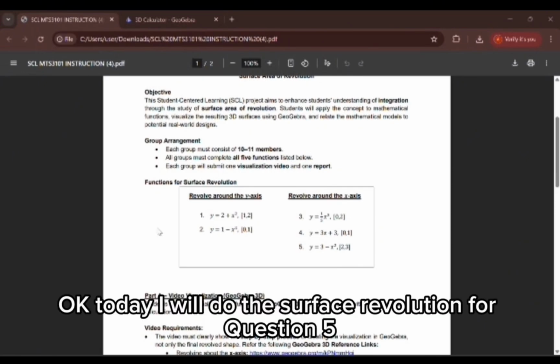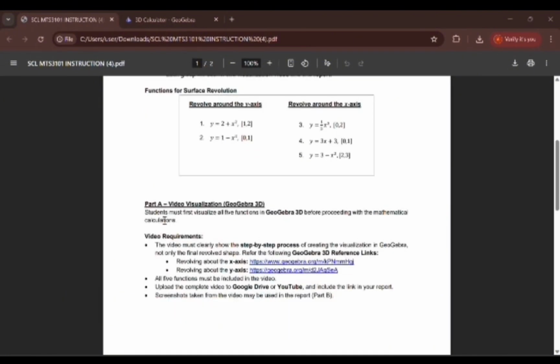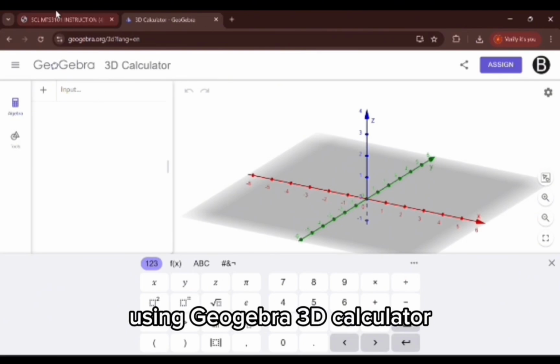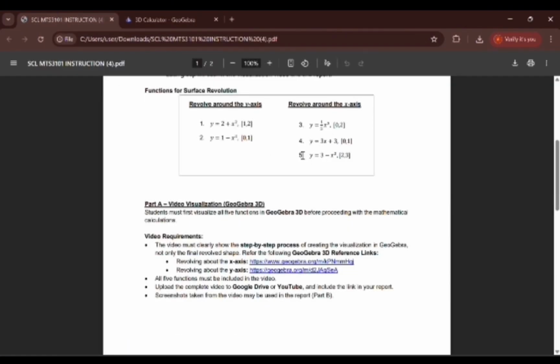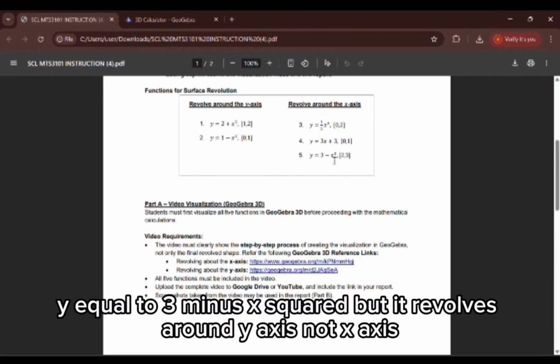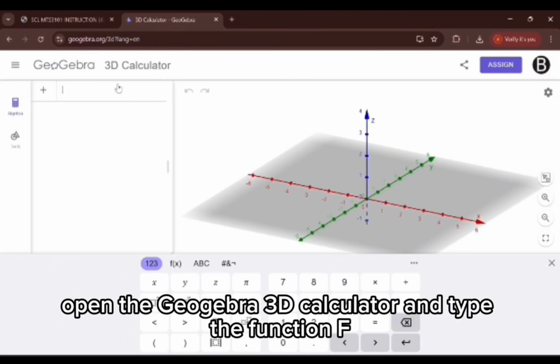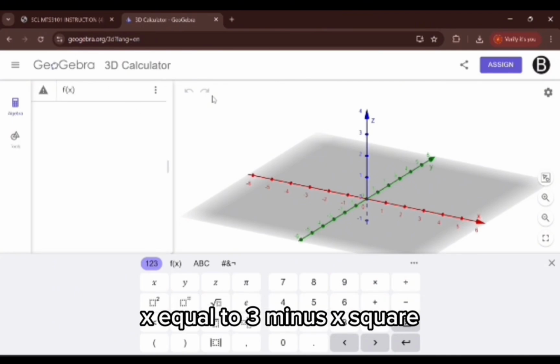Okay, today I will do the surface revolution for question 5 using the GeoGebra 3D calculator. y equals 3 minus x squared, but it revolves around the y-axis, not the x-axis. Open the GeoGebra 3D calculator and type the function f(x) equals 3 minus x squared,